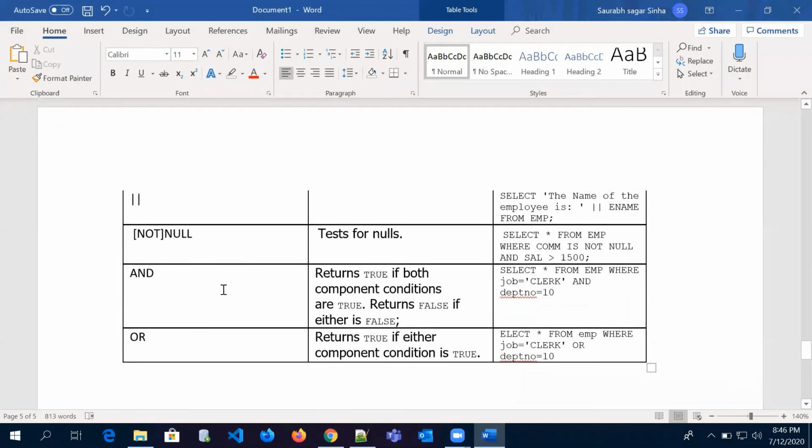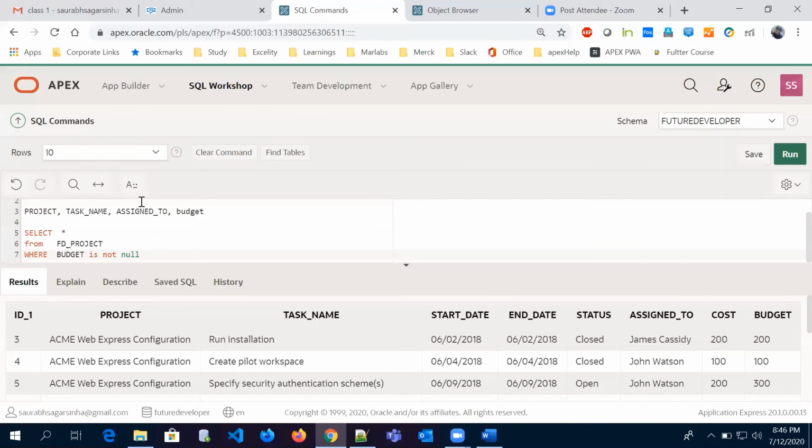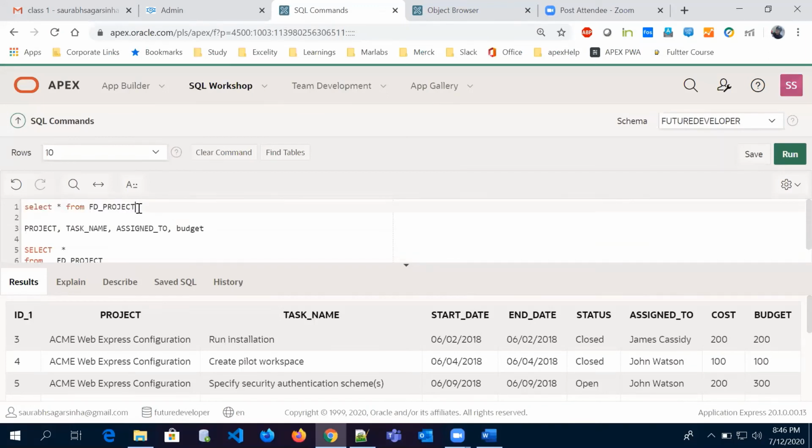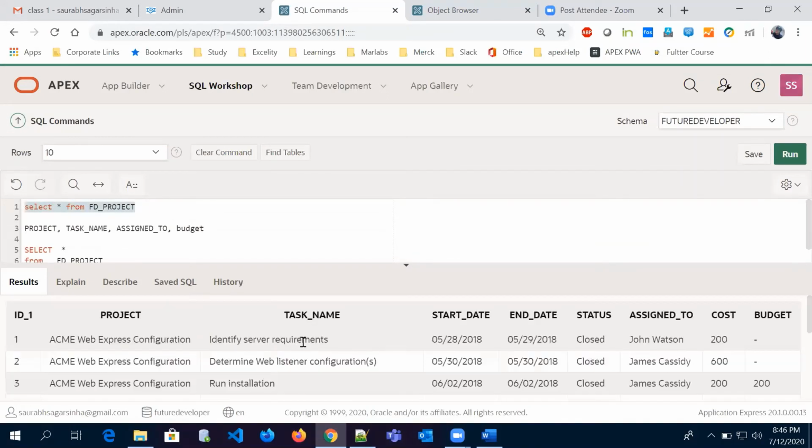Now let me come back to this and we'll see AND and OR. These two operators are used under the WHERE clause.